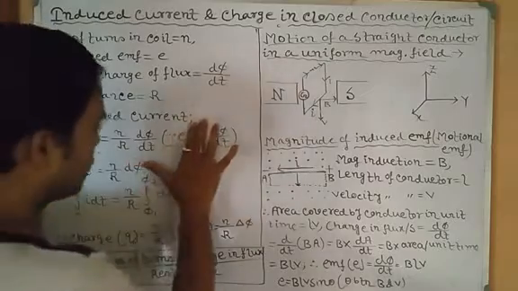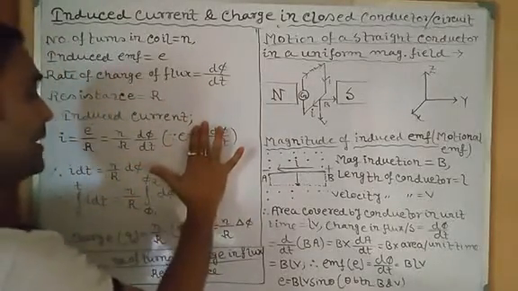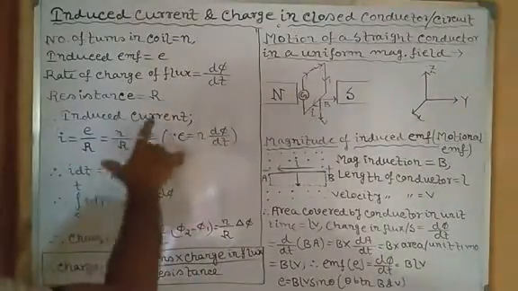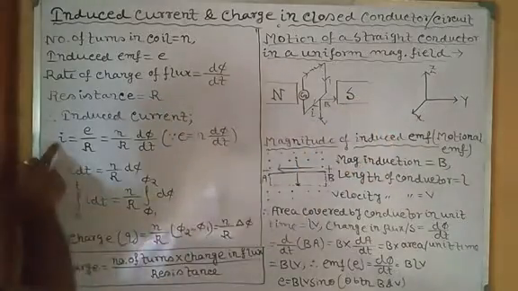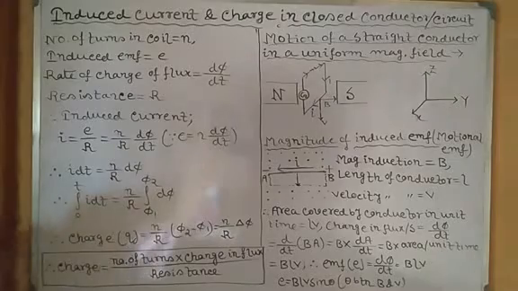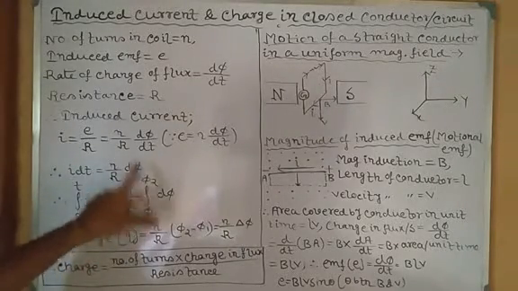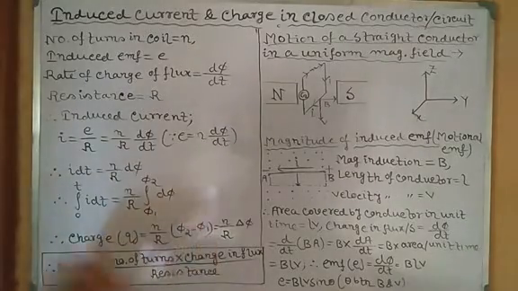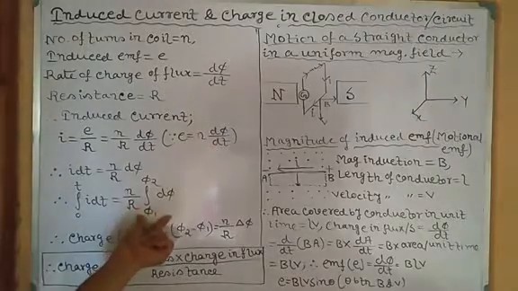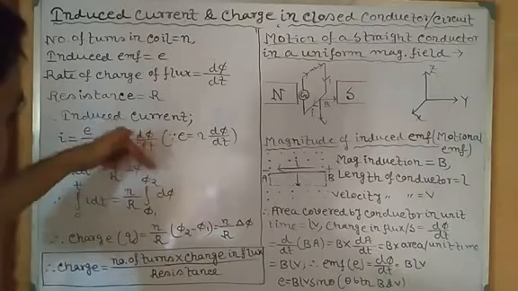We all know that the induced EMF is proportional to the rate of change of flux. In case of a single coil, if it is of a single loop, then E is equal to d phi dt. Since the coil has n number of turns, E is equal to N d phi dt. Putting the value and multiplying I into dt, we get N by R d phi. Now we will integrate from 0 to t, and on the right side N by R, since it is constant, d phi integrates from phi 1 to phi 2. What does it mean? Initially when t is equal to 0, the flux was phi 1, and after some time t, the flux has changed into phi 2.